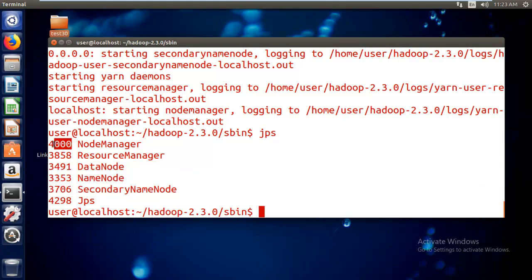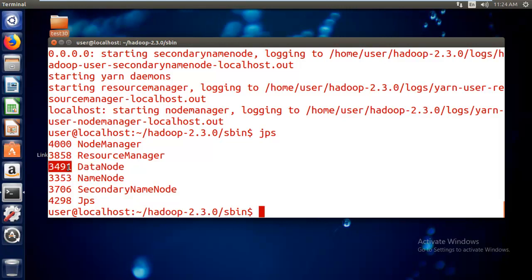And what about these numbers? These numbers are the process IDs. Actually we don't have any work with these process IDs in real time. This will be useful for the Hadoop admin people. If they want to kill a particular process forcibly, or diagnose how a particular process is working and how many resources it's consuming.